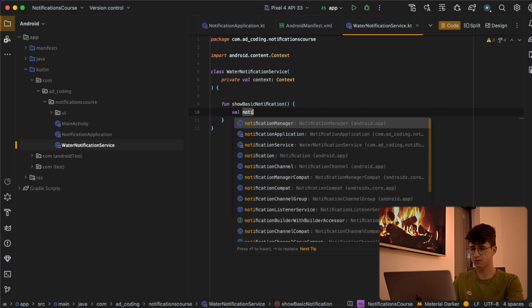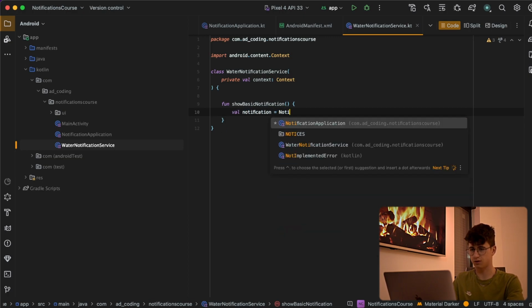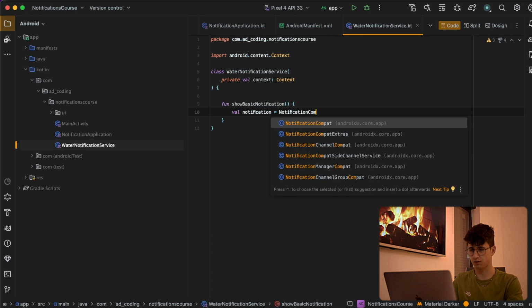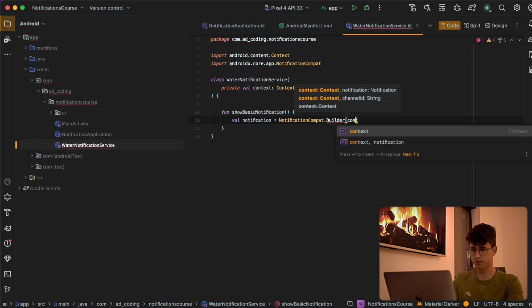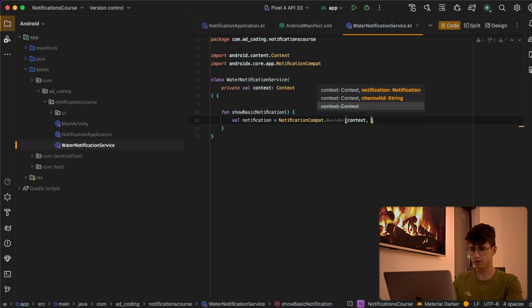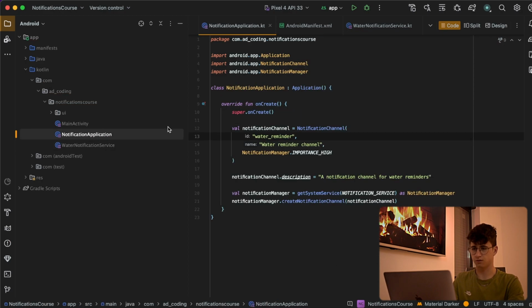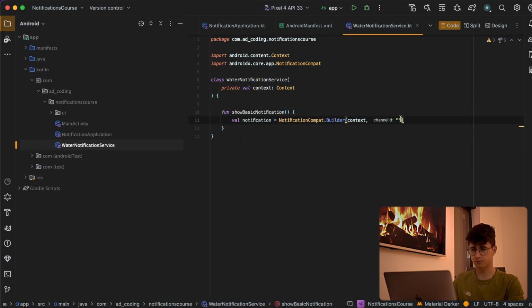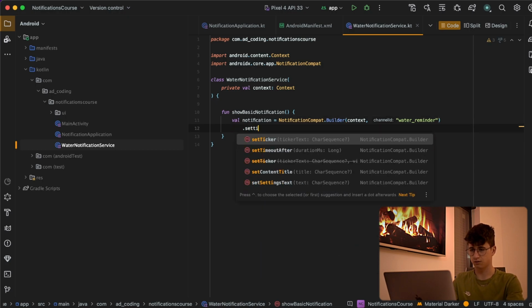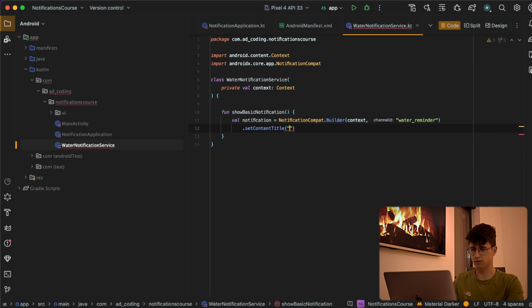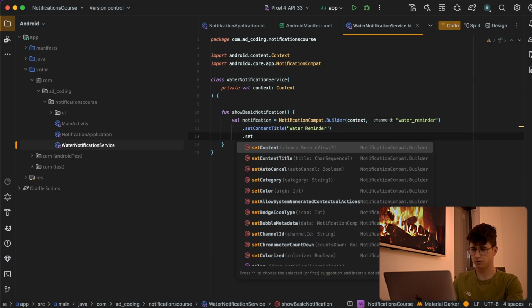So let's create a notification. This is equal to NotificationCompat.Builder, and here we pass the context and the channel ID, which is water_reminder, and now we can also set the title of the notification. So setContentTitle is Water Reminder. Let's also set the description,